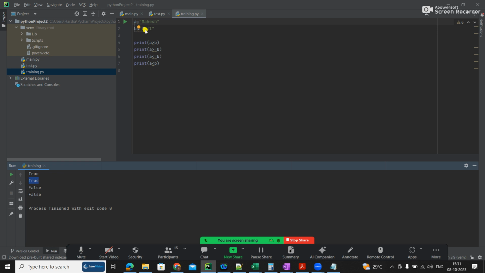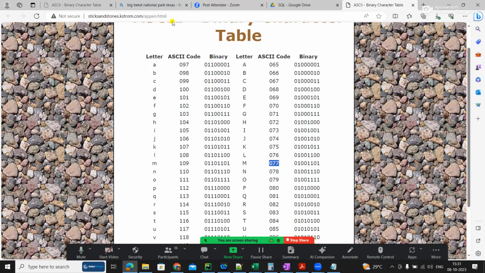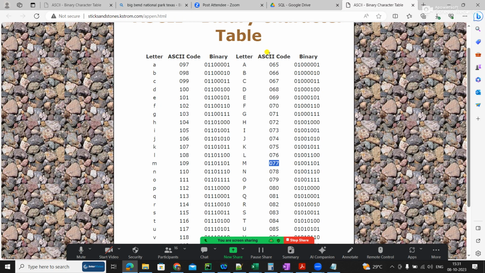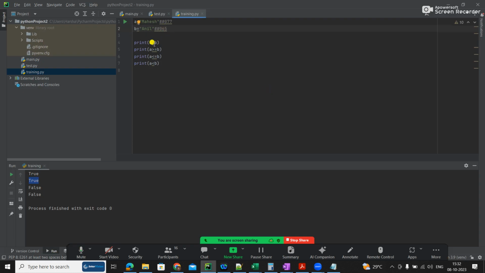Second one, if you come to A, this one's ASCII is 77, as I just showed you. This one's ASCII is 65. Obviously 77 is greater than 65. That's why when I do Mahesh greater than Anil, it comes true, and greater or equal to Anil also comes true.